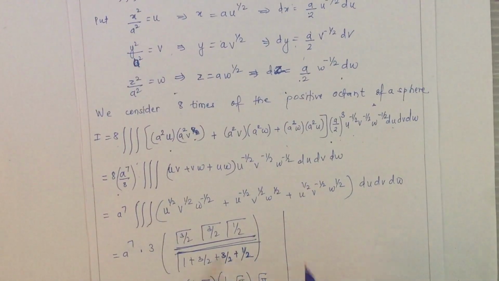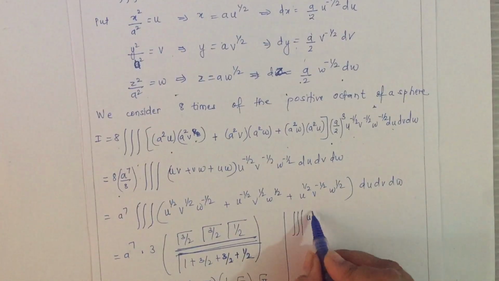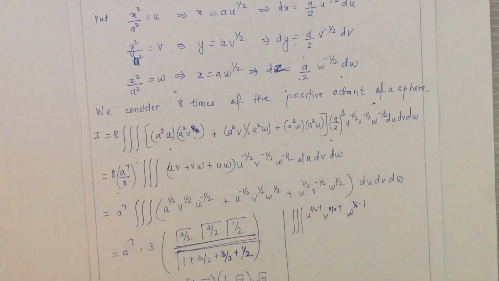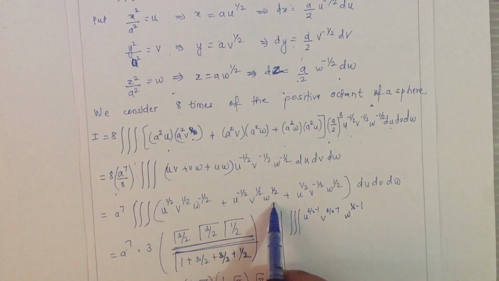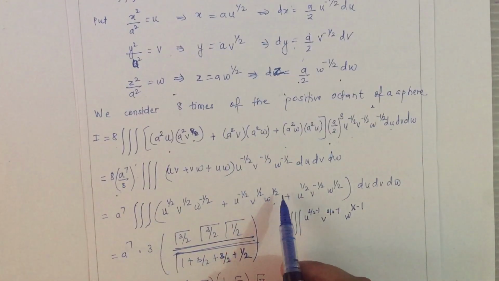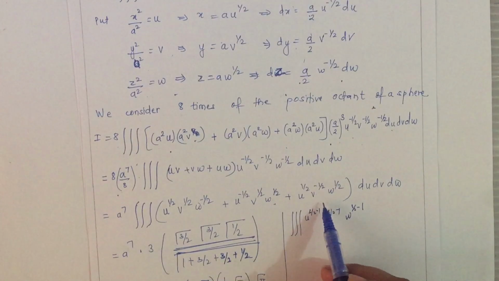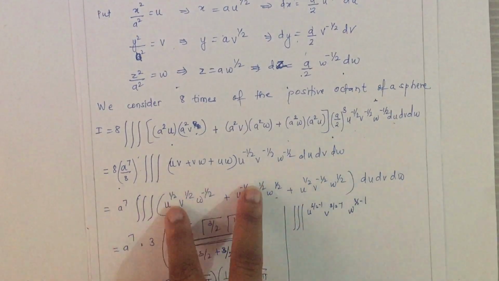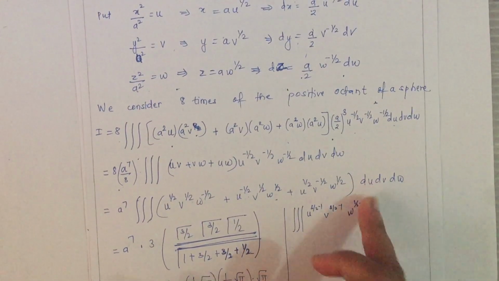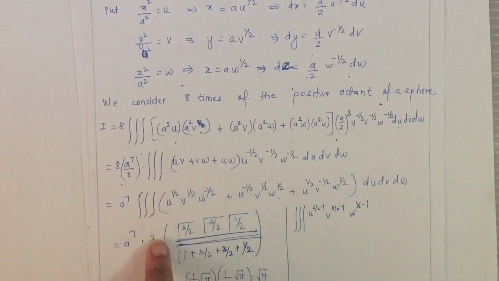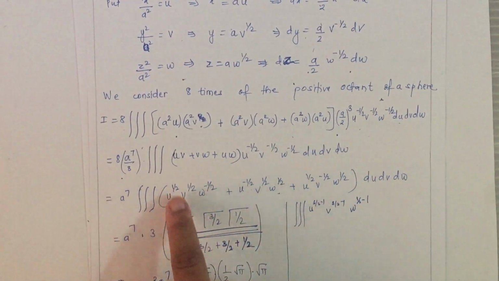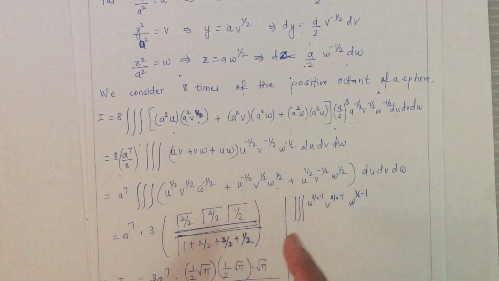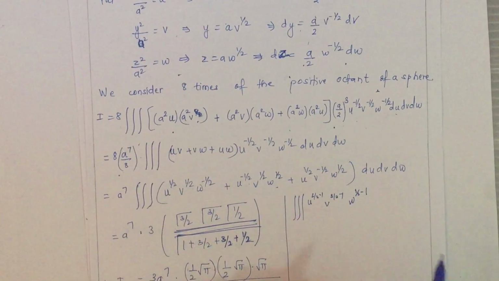I can write this as the triple integral u to the power 3 by 2 minus 1, v to the power 3 by 2 minus 1, and w to the power 1 by 2 minus 1. Also for the second term, I can write half minus 1, 3 by 2 minus 1, 3 by 2 minus 1. For the third term also similar. If you observe, all three terms have the same type of powers. Whether you calculate for one or calculate for three terms separately, that will give me the same answer. So I consider one and multiply it by 3, because all these three parts have the same powers. Ultimately it gives the same answer: do it separately and then add up, or consider one and multiply by 3.